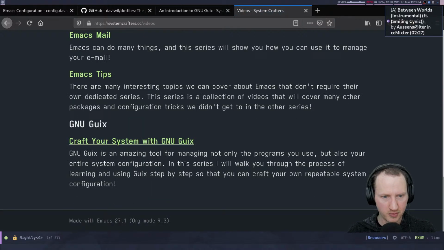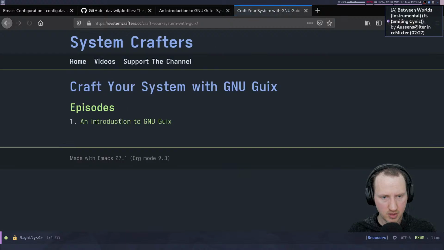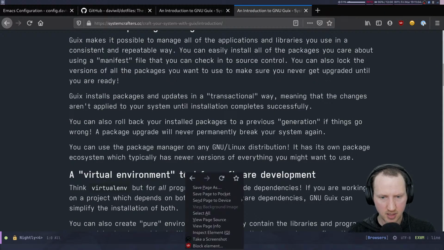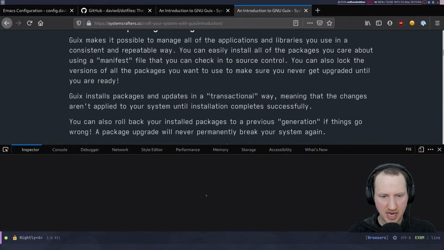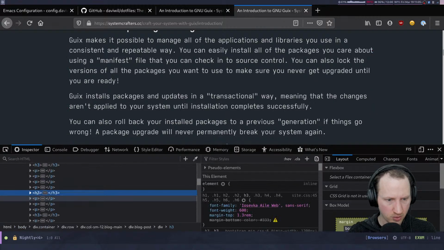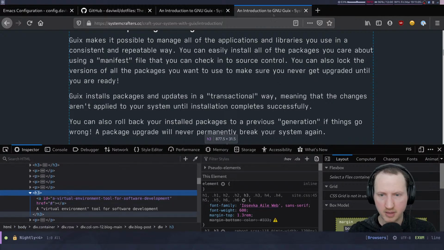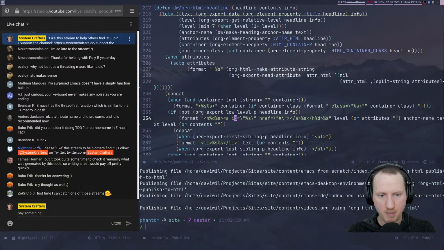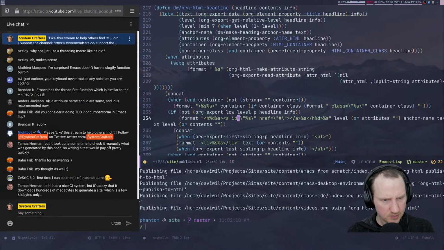All right, so I'm going to go to this page and then here, and then I'm going to look at this one again. Let's check the element and see that we have the right heading anchor inserted. And it's still there. Great. So our change to do the threading did not break anything, which is great. All right, so back to the point of